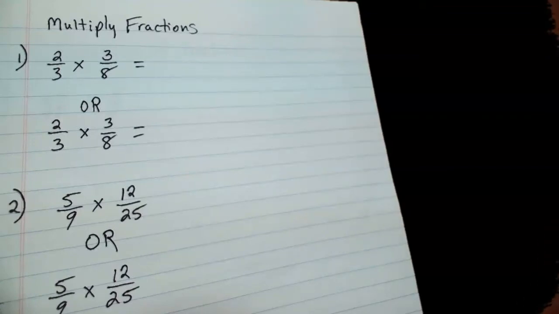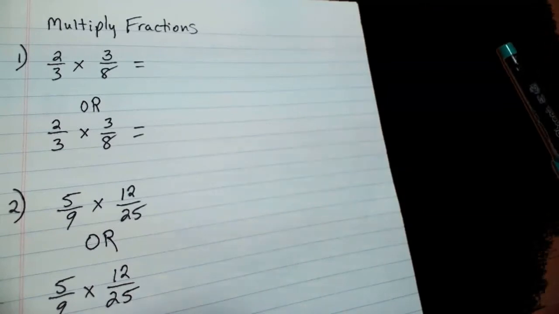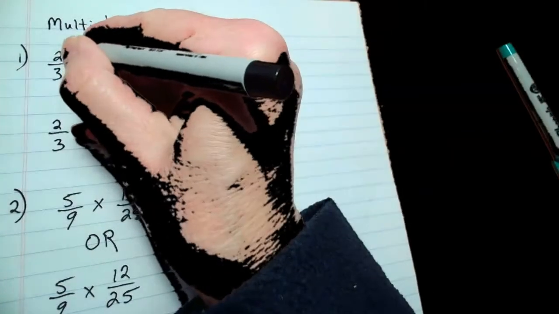Thought we'd go over a short video on how to multiply fractions. So I've got several problems set up. Our first one says let's multiply 2/3 times 3/8. Well, the general rule for multiplication tells us that we multiply the numerator times the numerator to get our new